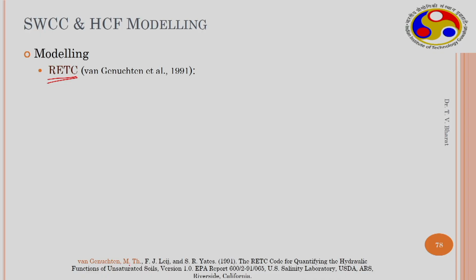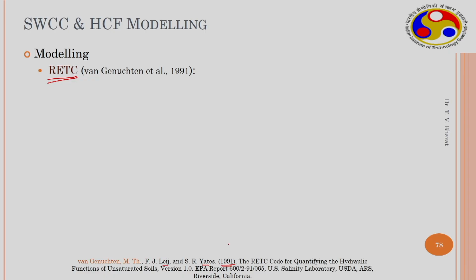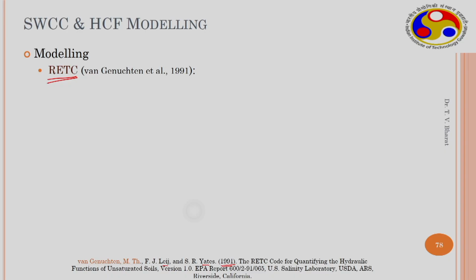Now I will demonstrate. This is a free software, a freebie, developed by Van Genuchten, Leij, Yates, etc., and in 1991 there were several improved versions available. One can simply download it. There is a website called PC Progress. If you give the keywords PC Progress RETC in Google, you will be guided to the web page and you can download the RETC software, which is a very simple software. I will demonstrate it now.